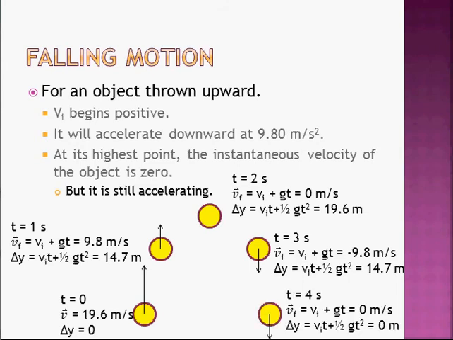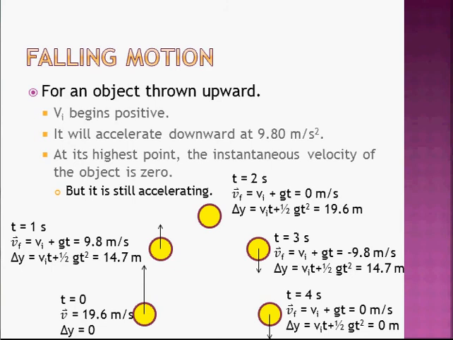So what we actually have from this is an interesting pattern. When you throw an object up in the air, the first half of its motion up to the peak is exactly the same as the second half of its motion back down to where it started, just flipped upside down. All the velocities flip. At 1 second we have 9.8 meters per second as its velocity. At 3 seconds it's at the same place, but now it's negative 9.8 meters per second. So what we have there is this nice mirror pattern which we can use in problem solving to actually help